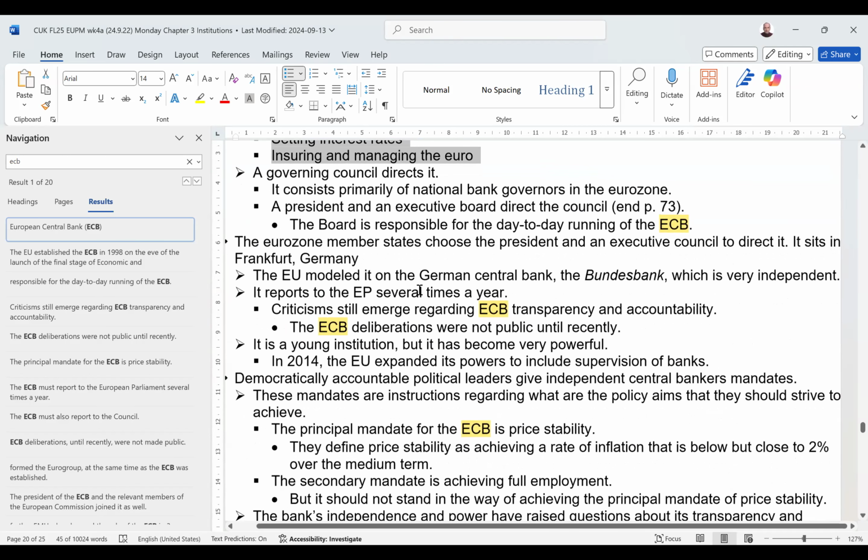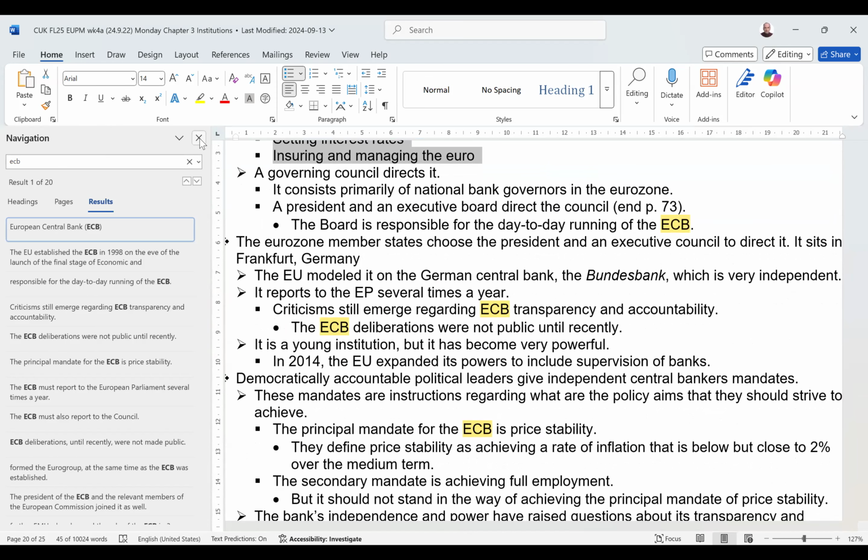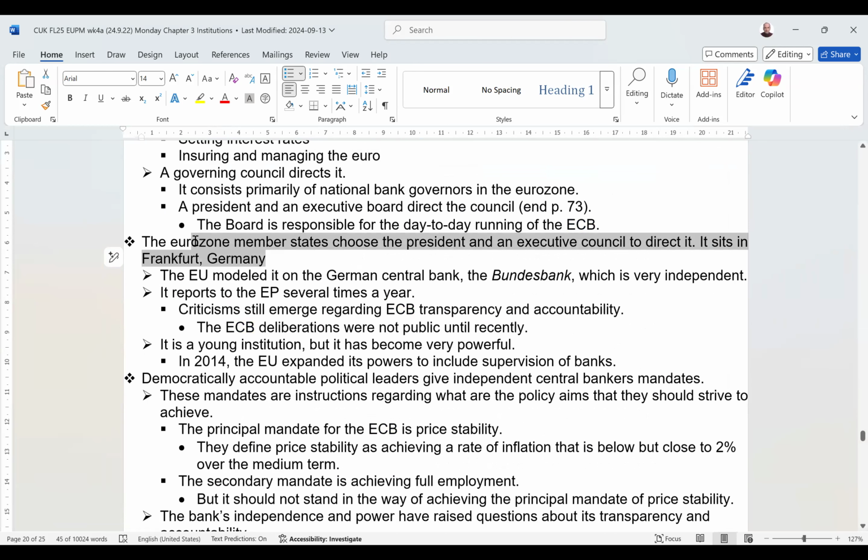And where is the headquarters of the European Central Bank? It's in Frankfurt, Germany, because Germany is the known foundation of the European community and the European financial system. And of course, the German central bank, the Bundesbank, like the Bundestag, the Bundesrat and the Bundeskanzler, is headquartered in Frankfurt. And right across the street from the Bundesbank is the headquarters of the European Central Bank. That's not a coincidence, right?